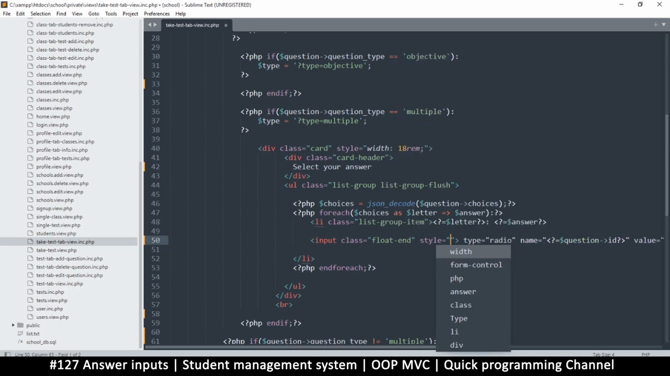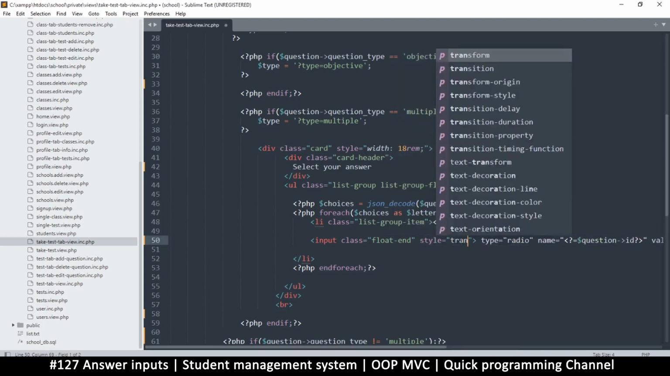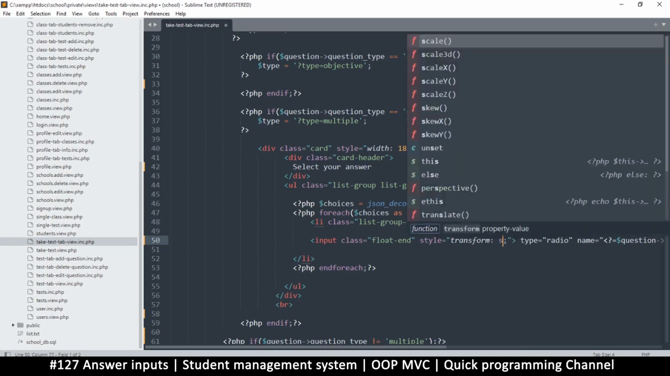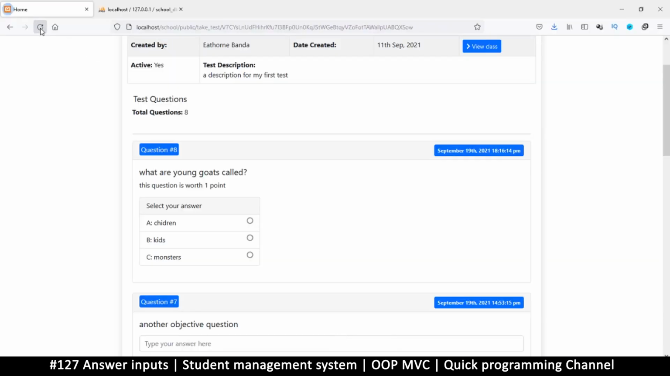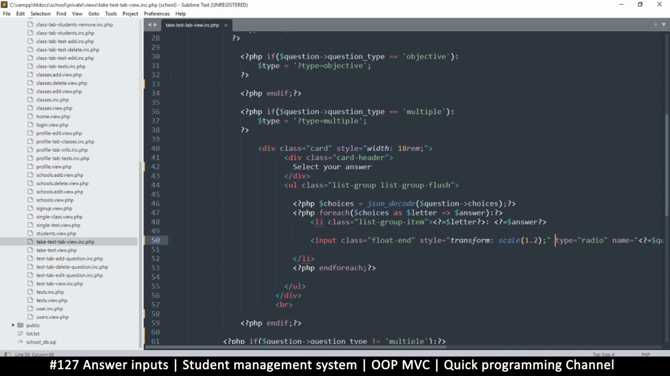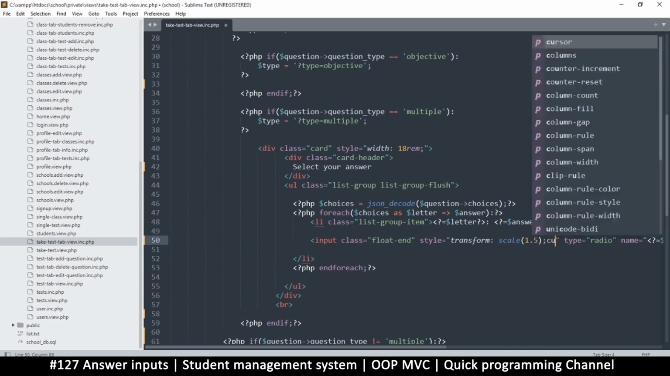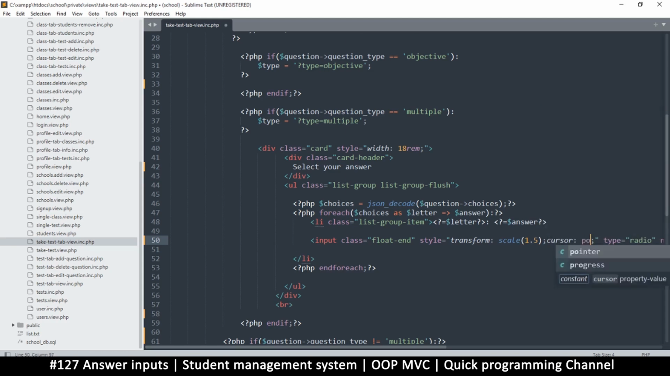I want these guys to look a bit bigger. So let's do a transform and let's do a scale. I want to scale them. 1 is the normal, so I want to do 1.2 like this, and of course remove that thing that appeared there. Don't know why it keeps doing that. So at least they are bigger now. You can even make them 1.5 just to make things easier. And we can do cursor and put the pointer, and then also we can